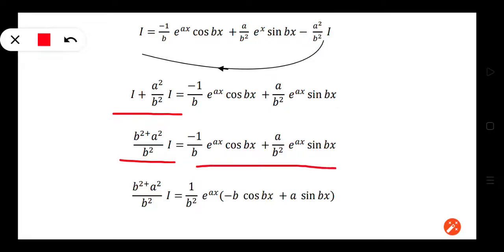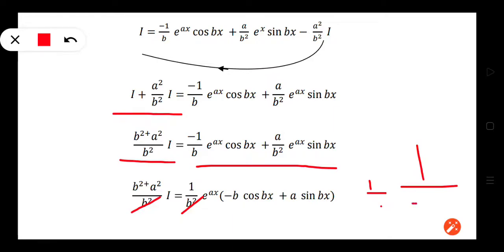Taking common denominator b squared on the right hand side, we can cancel b squared by b squared and divide the two sides